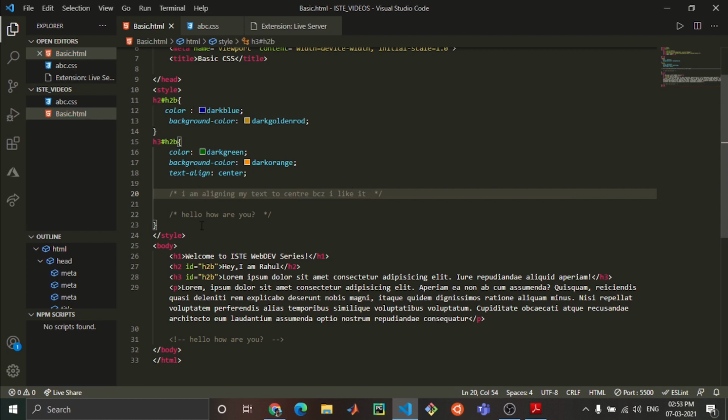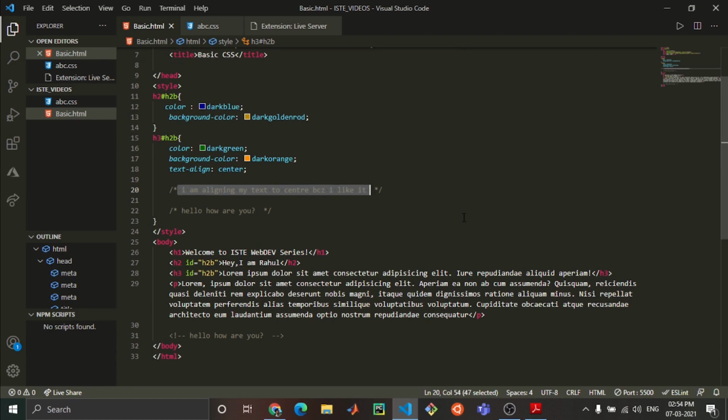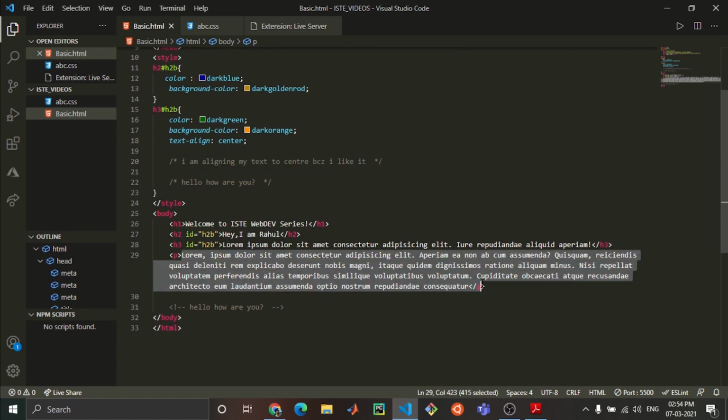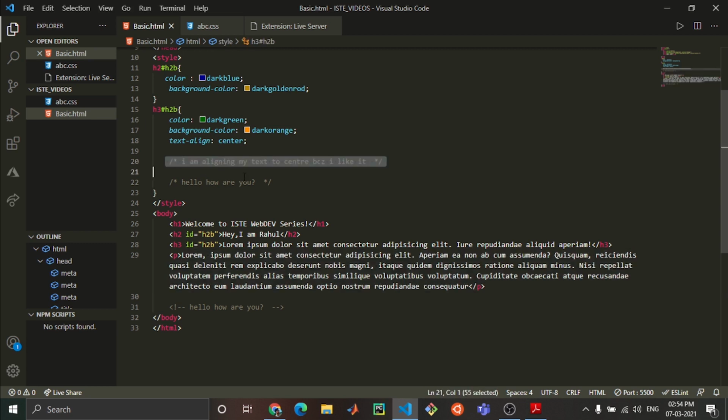So in the styling part, I am writing this comment because if some user who is viewing my code wants to see why I have aligned to center, then he or she can think, okay, the person who made this code likes his text to be on center, so he has written this. And when I come to my body, why I have used lorem 50, he or she can think, okay, it's fine, it is his or her choice, it doesn't matter. So these are the comments we give. If someone else is viewing our code, then he or she should know why we are writing the comments, and both have different formats in style and body.